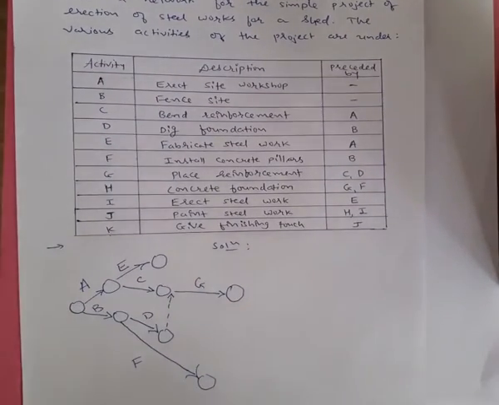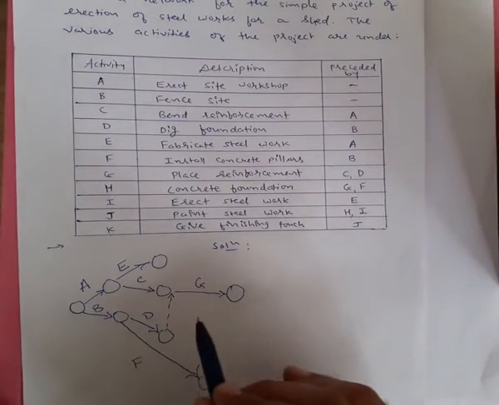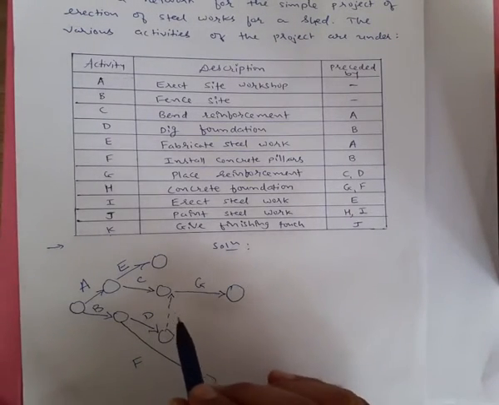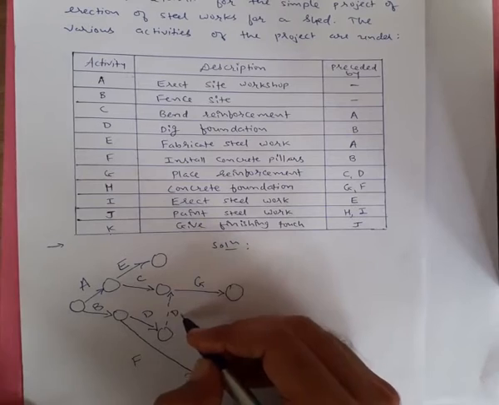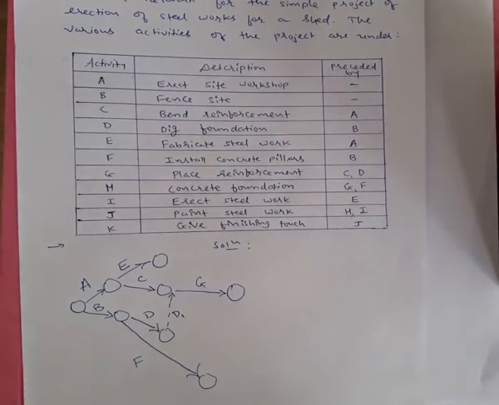So this is G, which comes out after the completion of C and D. This is dummy activity 1, which is just used for proper balancing of the network diagram. It does not consume any time. It is just for proper balancing or meeting our requirements. We are just adding a dummy activity, and it will not affect any final solution answer.